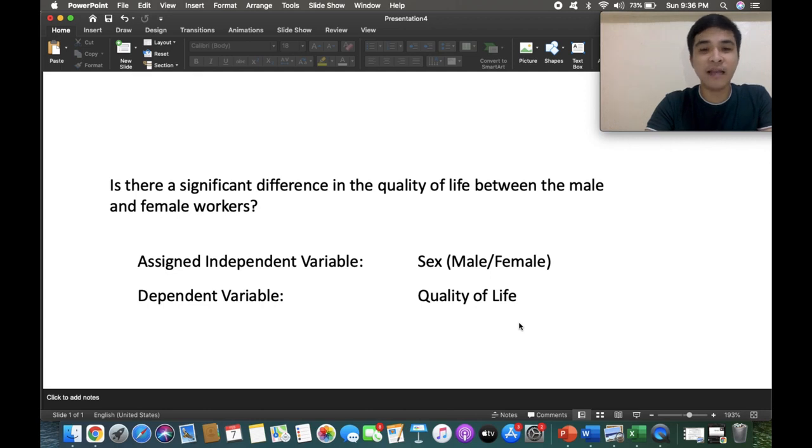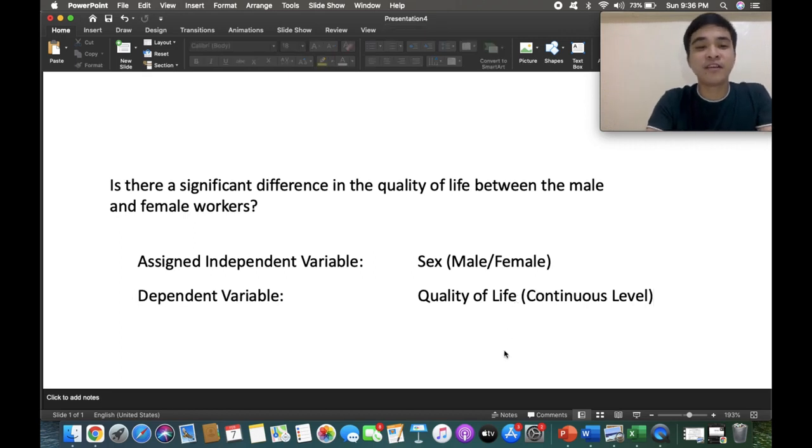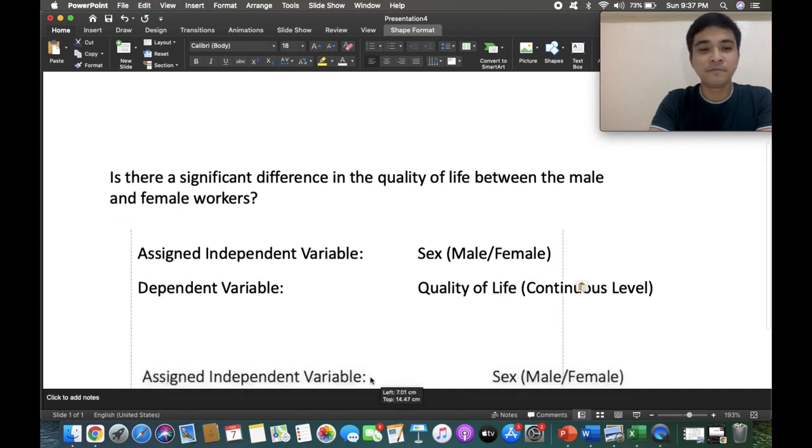Suppose your quality of life is measured at a continuous level. If your dependent variable is continuous, you have an assigned independent variable, and you want to test significant difference between these two independent groups, the appropriate research statistics that you are going to use in your analysis will be,